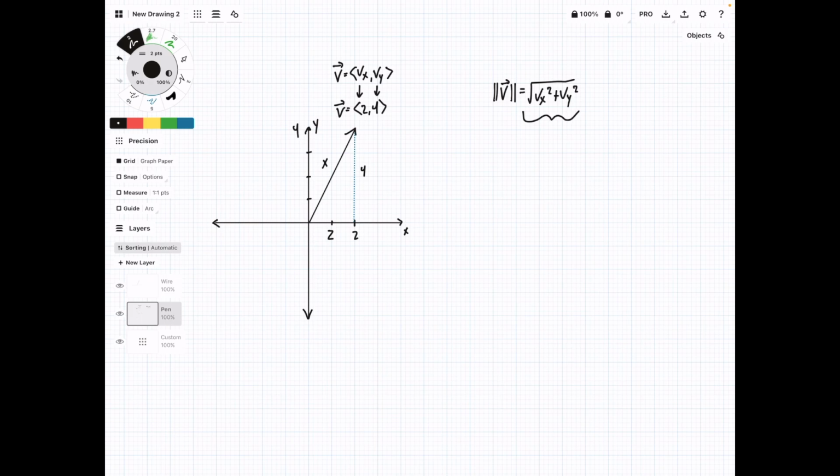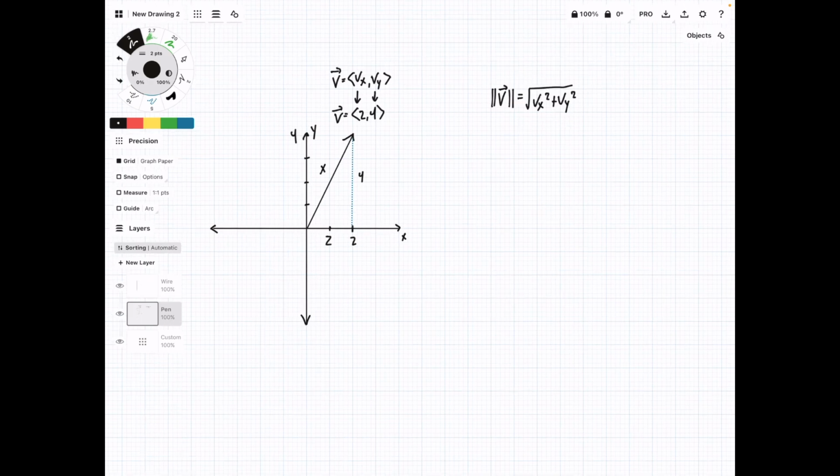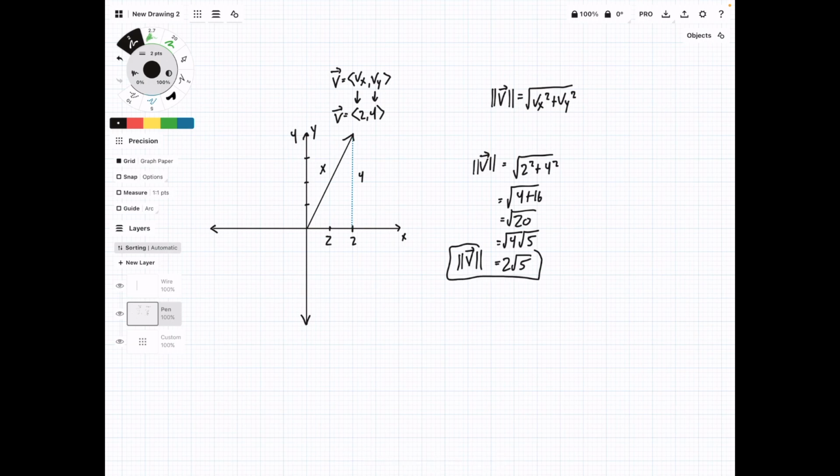from the Pythagorean theorem. So if we just plug in our values now, we get that 2 squared plus 4 squared equals the magnitude of v. This is going to be the square root of 4 plus 16, the square root of 20. And we can simplify this a bit to the square root of 4 times the square root of 5, which is 2 times the square root of 5. And so using simple trigonometry in the Pythagorean theorem, we can figure out what the magnitude of a two-dimensional vector